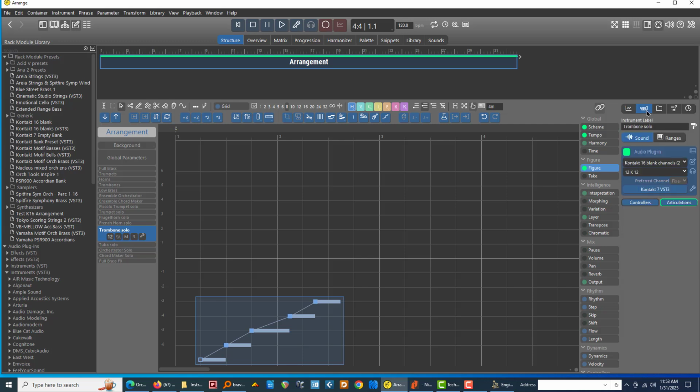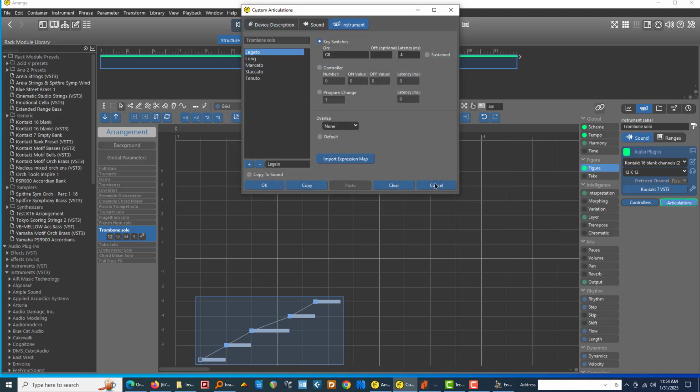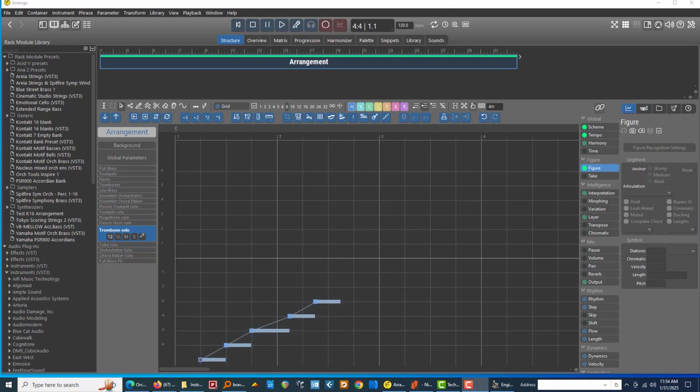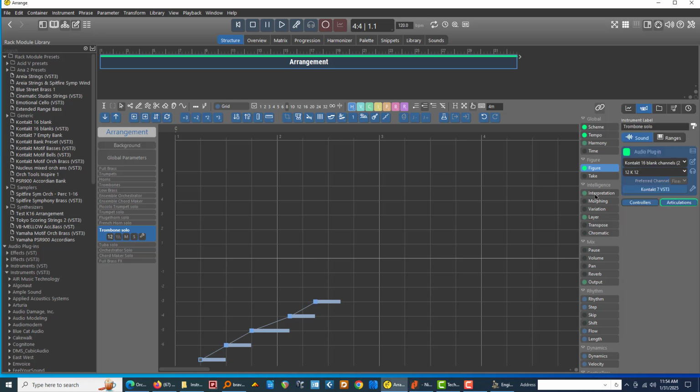And we go to our instrument here, we can select an articulation, right? And I'm forgetting how to do that. That's not what we do. Okay, I don't think we can select the articulations yet. I think I've got to save this. So let's see what I'm doing wrong here. Okay, so anyway, we've got